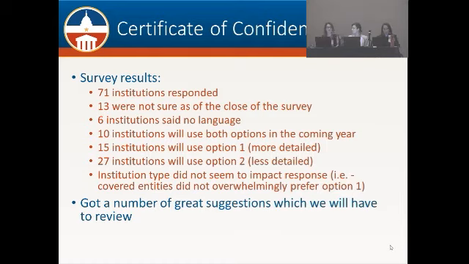And even at my own institution, I'm still waiting for my general counsel to talk to our outside general counsel because we have different ideas in interpreting what exactly it is that is being required. And so also within that survey, we did get some great suggestions in the language itself that we were offering. And so now comes the suggested outcomes.